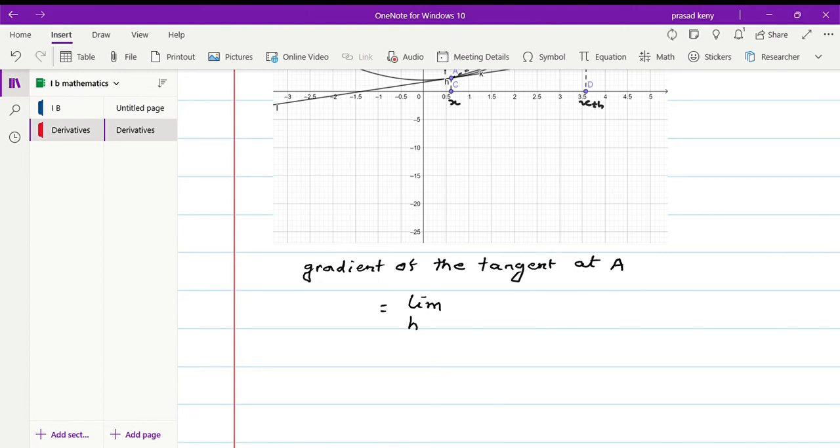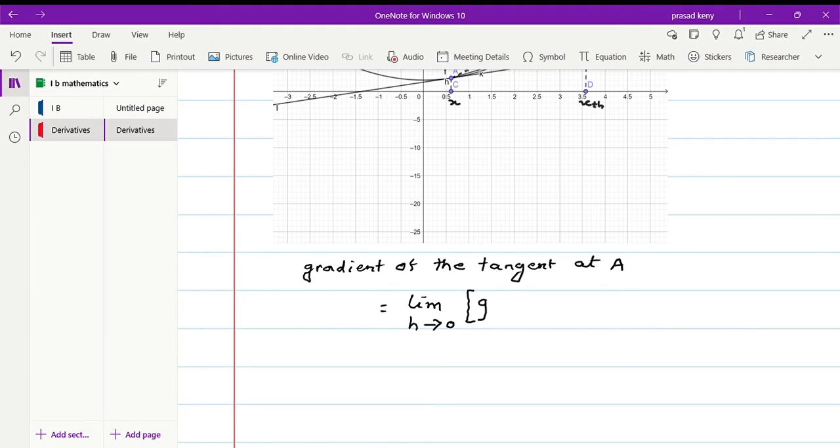Limit as h tends to 0. The meaning of this is h is becoming smaller, smaller and smaller, and finally it will become as good as 0. When h will become as good as 0, points A and B will merge into each other. In that case, the chord will tend to become a tangent. So I'll say that the gradient of the tangent at A is the limiting case as h tends to 0